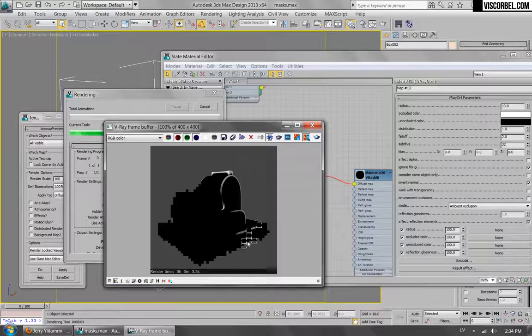Okay, and if I also increase my render settings, it's gonna look even better. Alright,